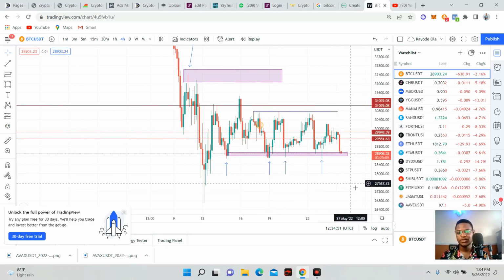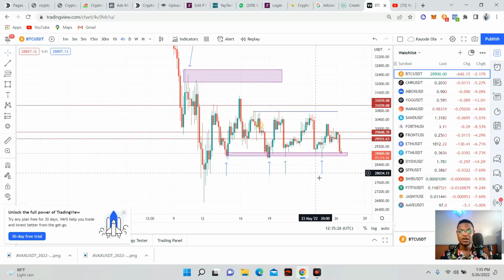But of course, for some traders like myself, there are times I buy the bottom too. It depends on your emotional level and the kind of risk you are taking, because we all have different risk levels. I might be risking $1,000 and someone else might be risking just $10. You can't compare the risk of someone using $10,000 to trade with someone using just $100. It's quite different, so you must know your level of risk.